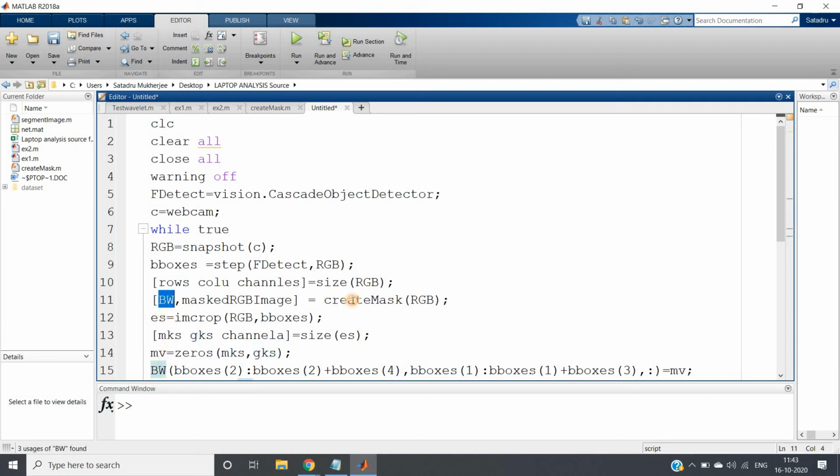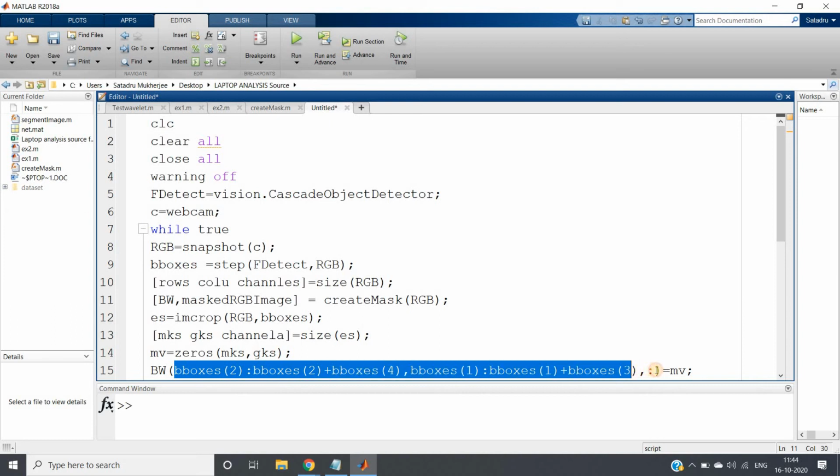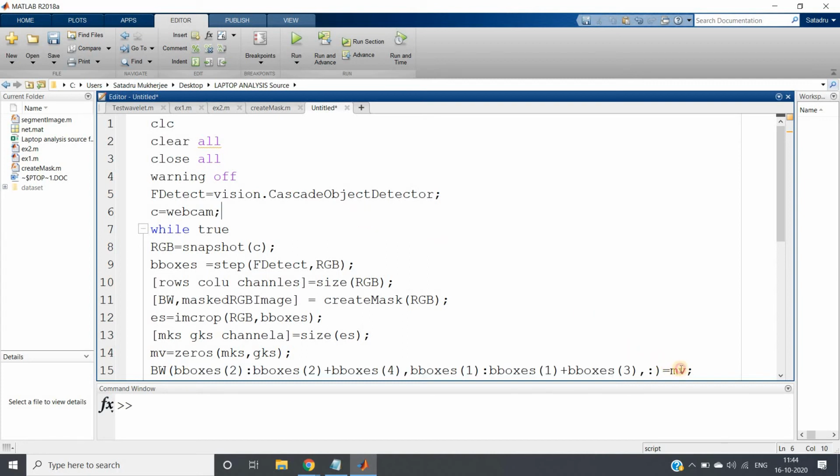BW is the segmented skin part which contains both hand as well as face. But I want to remove the face part because I don't want the convex hull for my face. So I am selecting the part where our cascade object detector is detecting the face, and there I am putting the same size zero matrix. That's what I have created here.